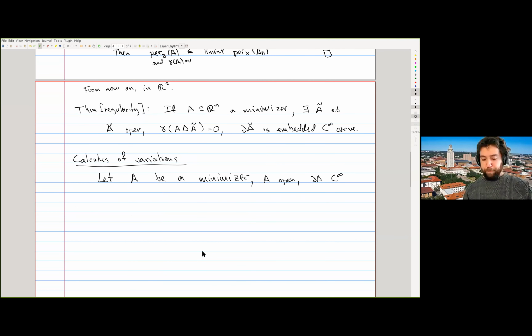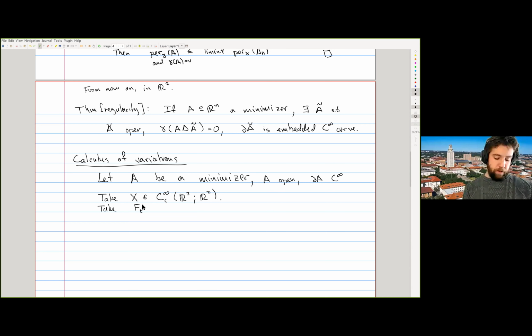And the way that I'm going to make perturbations of the set is I am going to take a vector field, just to avoid all possible technical issues. I'm going to make it a C infinity vector field, compactly supported. It's on R2. Okay, and when I have a nice vector field like this, I can flow along it. So take F,